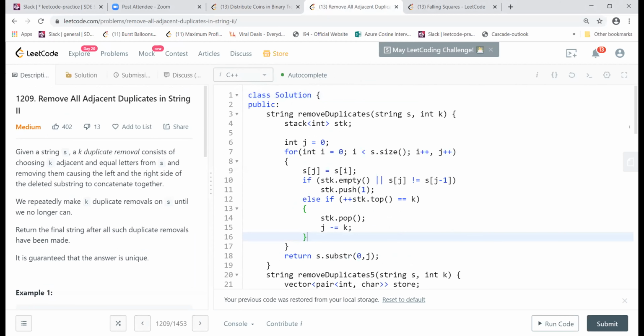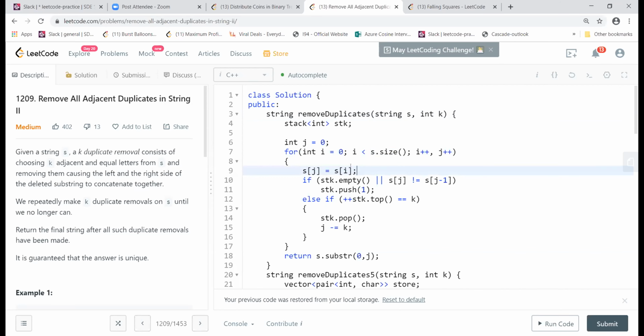Yeah, okay. So I'm using a stack, and I run a for loop. I'm using two indexes. One is the fast index, which is the normal index I, and then there is the size of the string. And I'm actually manipulating the string itself because it's C++, so you can do that. That's an advantage I'm taking here.